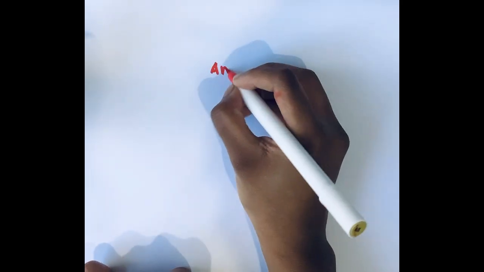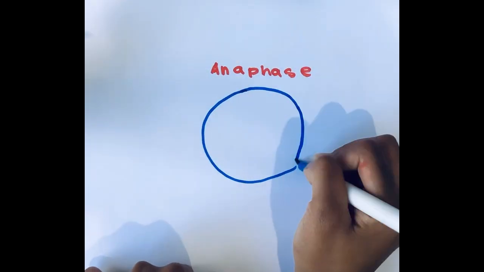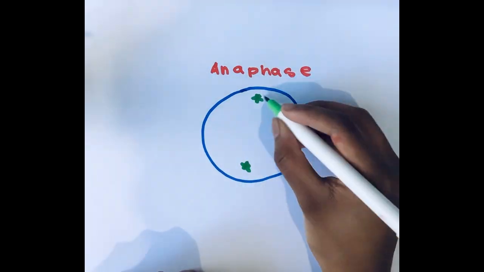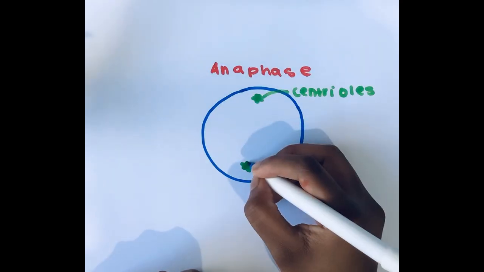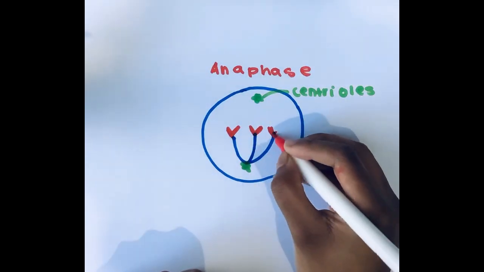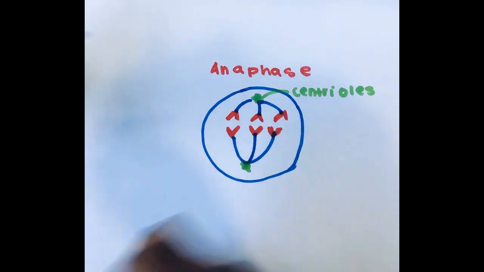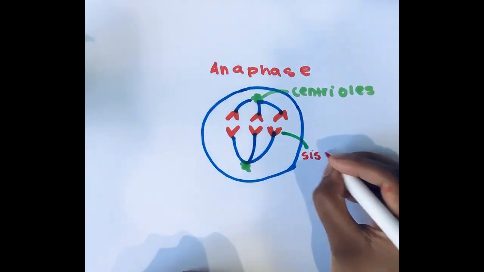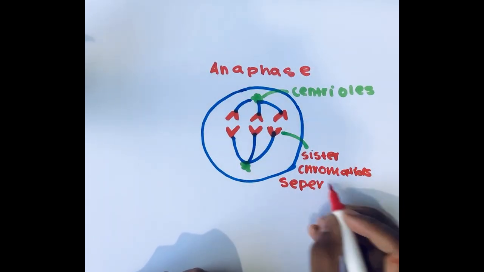Then we move on to anaphase. This is where the sister chromatids are pulled apart and moved to opposite ends of the cell. You can think of it like a tug of war where each side pulls one copy away so that both get an equal share. Finally, we have telophase, and at this stage, a new nuclear membrane forms around each set